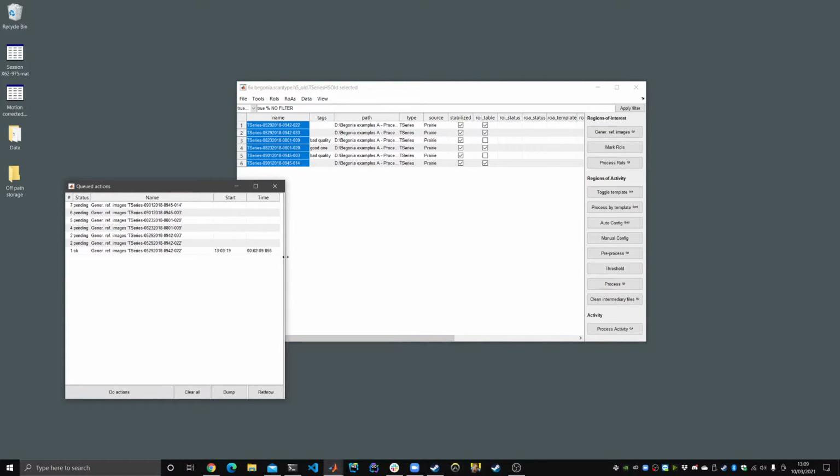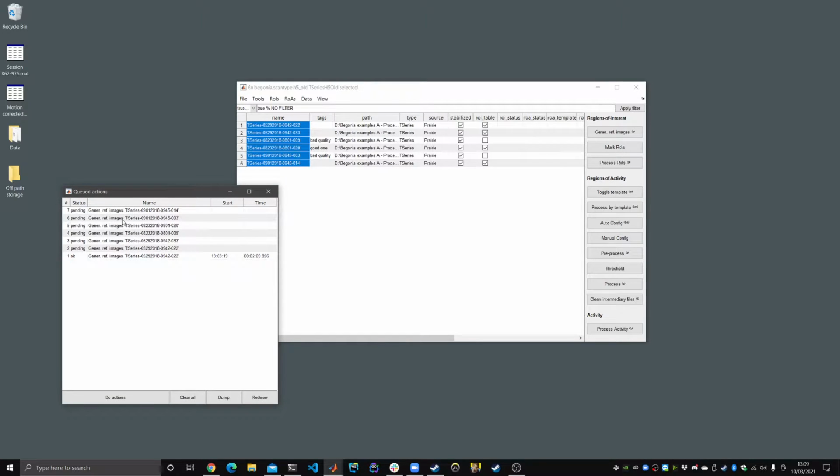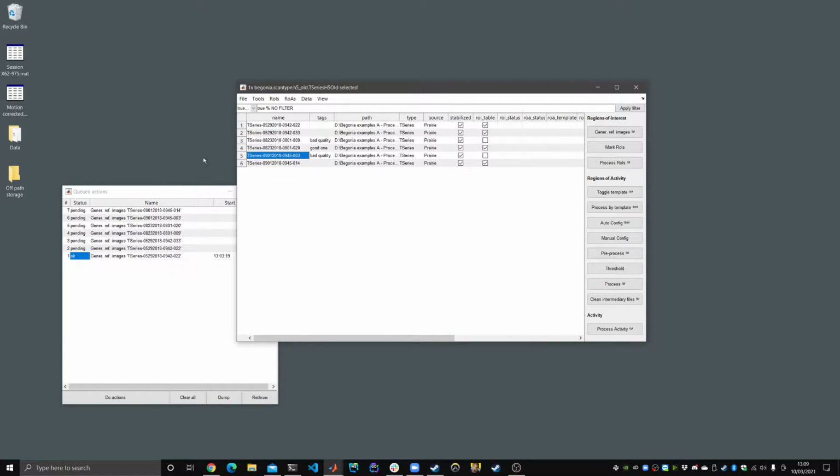When you have a batch operation, you can set it to run in the background while you do other things, or not necessarily in the background. MATLAB will lock when you're doing this, so you'll need to open another instance if you want to continue working in MATLAB. As you can see here, we now queued up several of these, but it takes a little while. It takes a couple of minutes on this particular computer and this particular data to generate these images. So we're just going to leave this here for now and just edit the RoIs without the reference images for